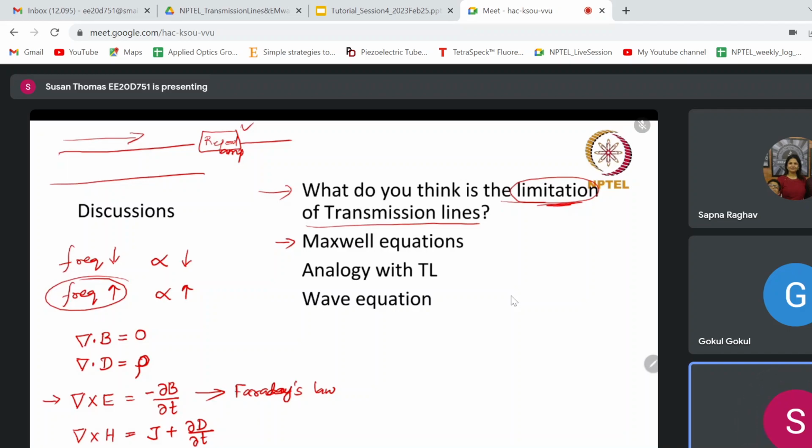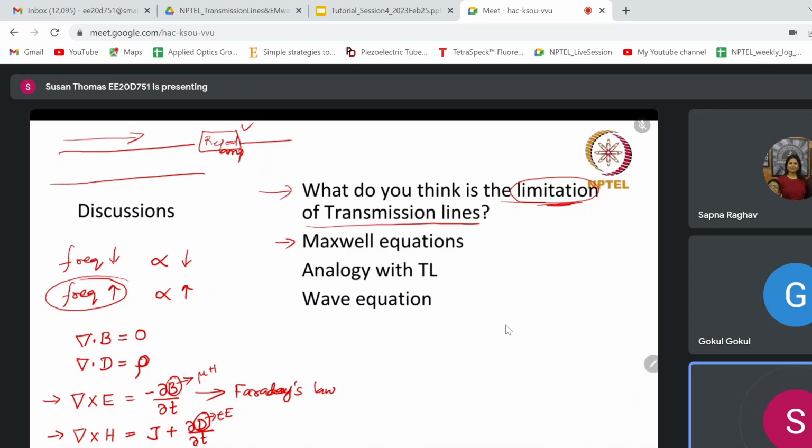So this is a coupled equation. B, the magnetic field, can be written as mu into H. So in the same equation, you have electric field and magnetic field, so we call it a coupled equation. If you see the second curl equation, del cross H is equal to J plus dou D by dou T, where D is epsilon into E. Again, E and H are coupled.